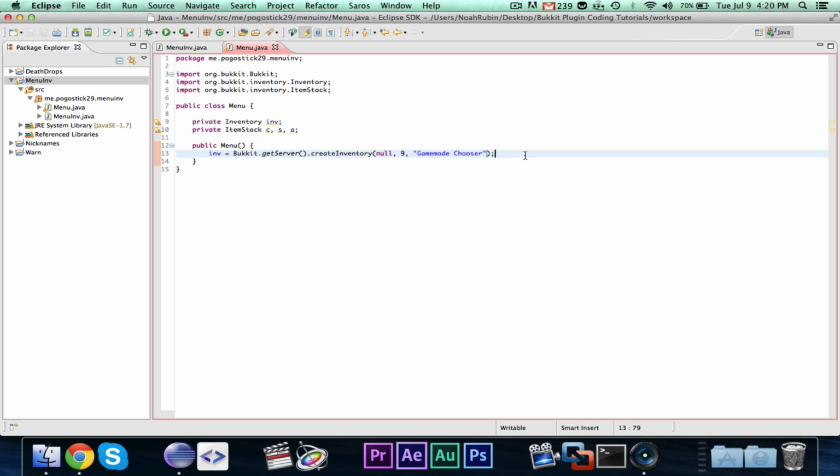It has to be a multiple of 9. And then we're giving it a title, game mode chooser, and that's the title for the inventory. Now we can go ahead and create our item stacks. And to make this easier, I'm going to go ahead and create a